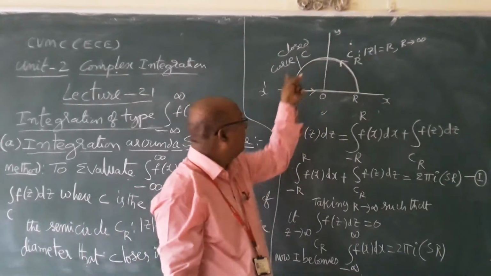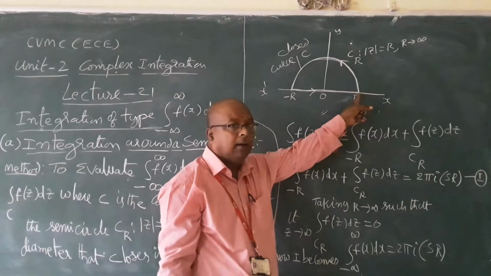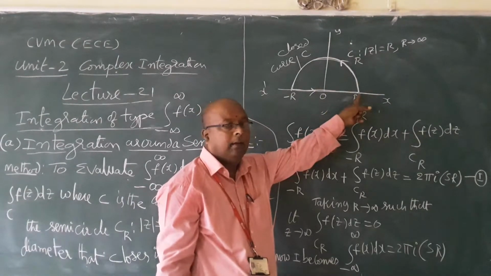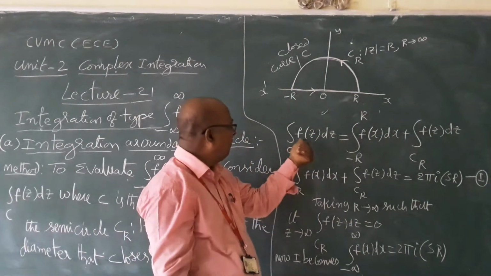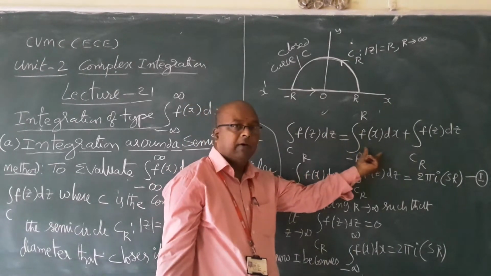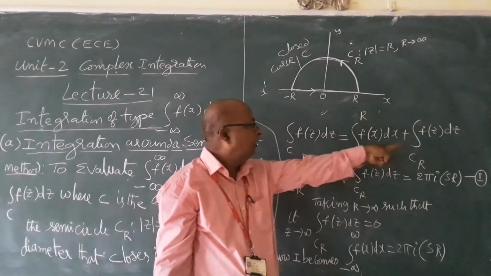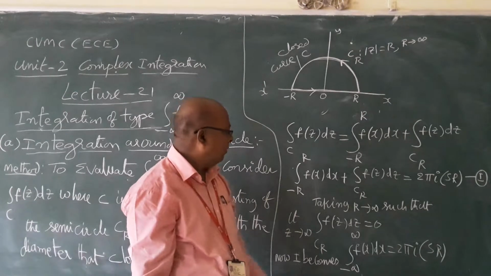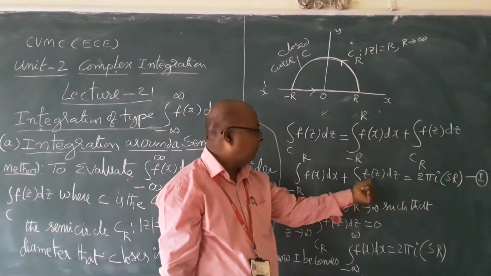This closed path is also a curved path. This only is the line, minus r to r only line. Taking the curved path, we write f of z dz. Taking this line, f of x dx. So the integral from minus r to r of f of x dx plus the integral over CR of f of z dz is equal